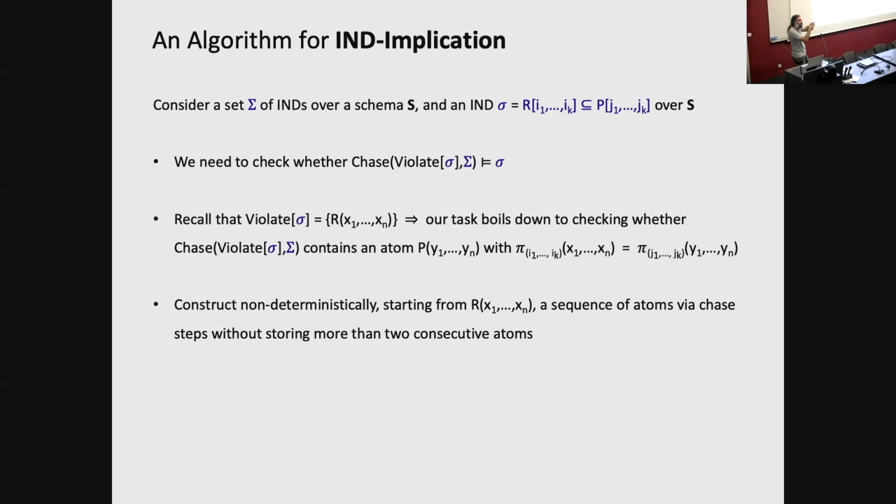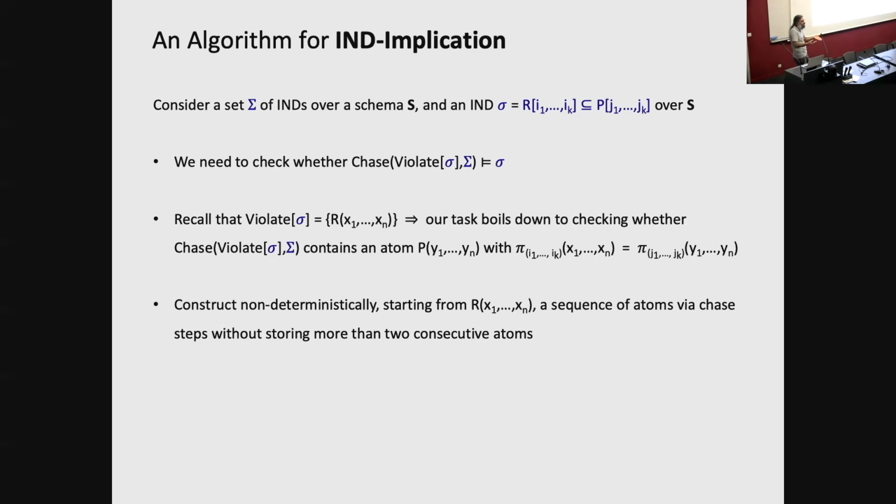There, I can guess the next step: guess some inclusion dependency which is applicable to this atom and generate a new atom. Now I can forget the previous atom. I don't really need to remember what it was. I have my current atom and I can continue non-deterministically building this. So I guess another chase step, I build a new atom, I forget the previous one,